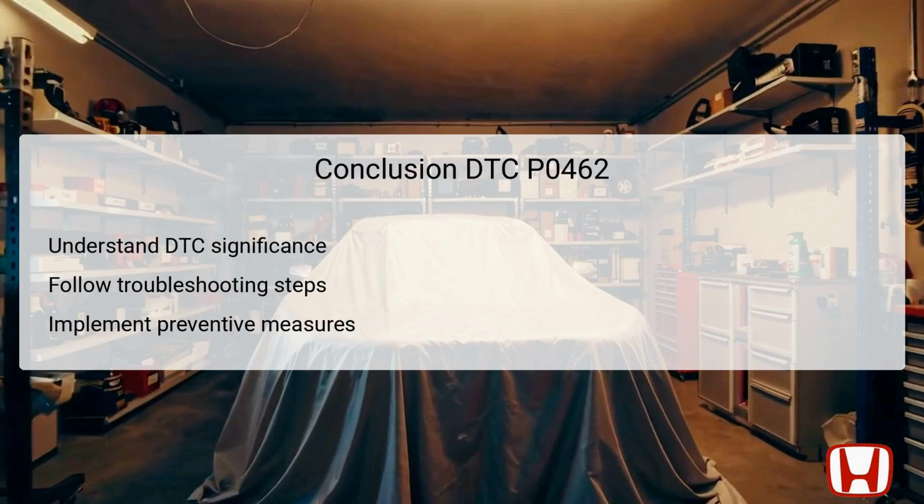In summary, understanding DTC P0462's significance and causes is crucial for effective vehicle maintenance. This code relates to the fuel level sensor circuit, which plays a vital role in providing accurate fuel level information. Following the established troubleshooting steps helps to pinpoint the underlying issues, whether they relate to wiring, connectors, or the components themselves. Implementing preventive measures can greatly reduce the likelihood of this code reappearing, ensuring vehicle reliability. By staying proactive with diagnostics and maintenance, drivers can ensure a seamless and worry-free driving experience, free from potential fuel